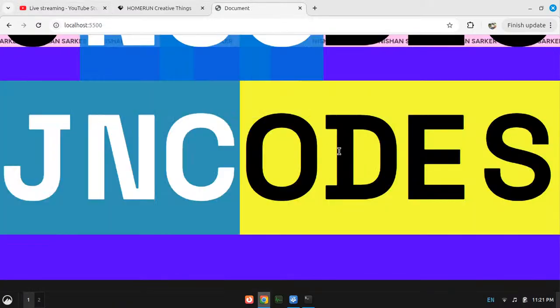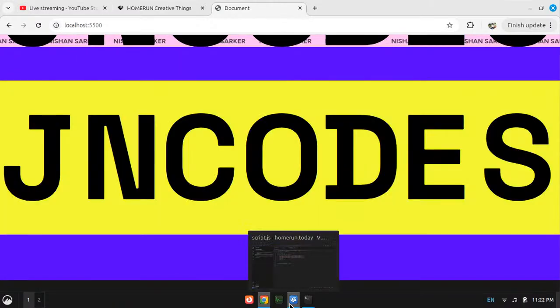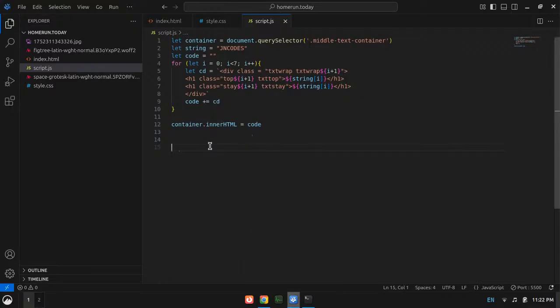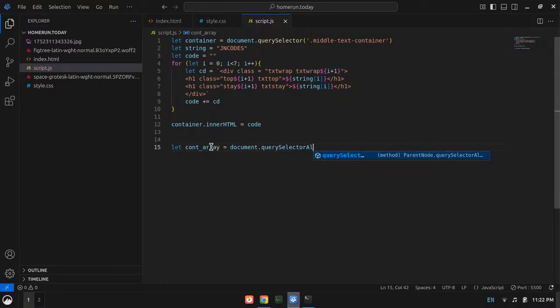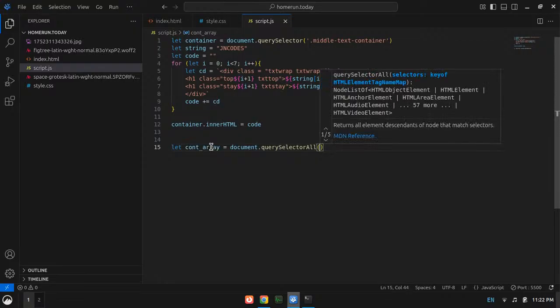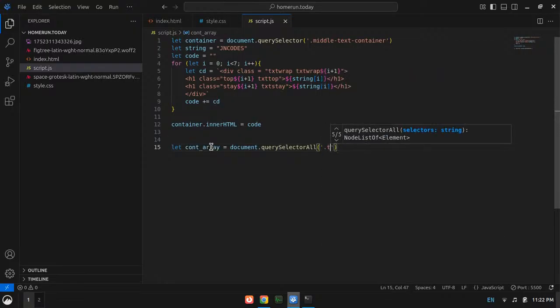Okay, so now what I have to do is add event listeners. Let me show you. Let count array equal to document dot querySelectorAll with the class list of txt wrap.